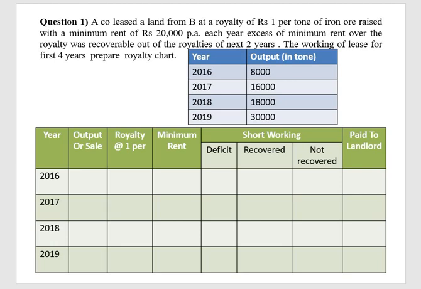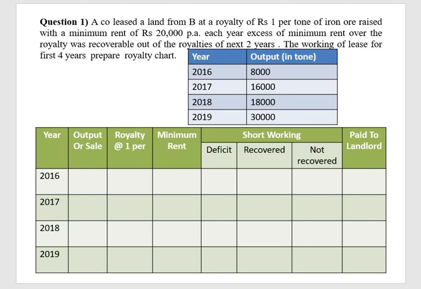Right now, this is problem number 1, a 5 marks problem. For the first 2 to 3 classes, I will deal only with 5 marks problems, and after completing them, we will shift to 15 marks problems. But either 5 marks or 15 marks, the royalty chart is very important. Is it clear? So this is a royalty chart, and this is a problem. Let us start problem number 1.